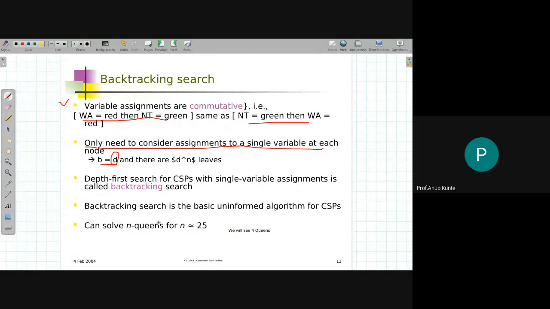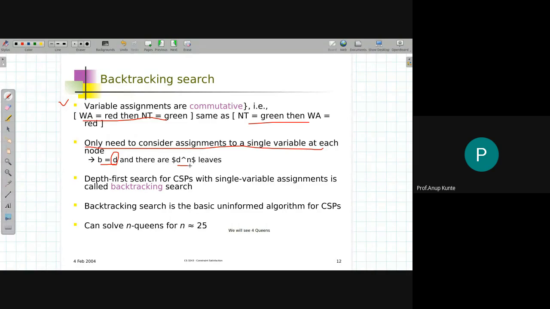So how many leaves will there be at a particular depth level, say n? I will have d raised to n number of leaves. Ideally a full grown tree will have d raised to n number of leaves, but not all leaves will be consistent assignments. They may be partial assignments or full assignments. If n is my depth level where the solution lies, then d raised to n will be the count of leaves that I can have for a full grown tree.